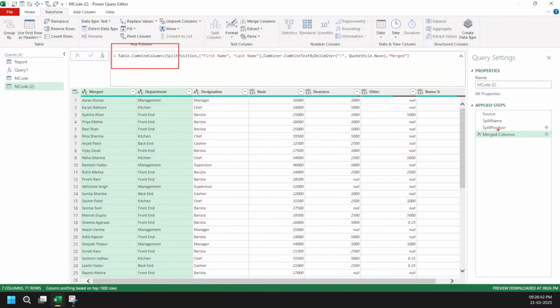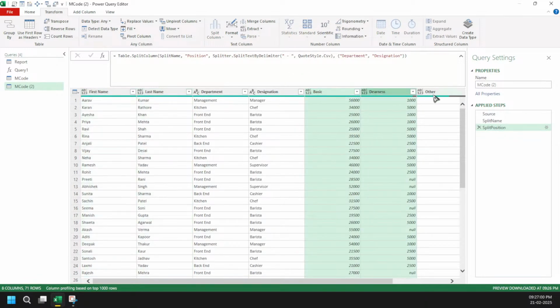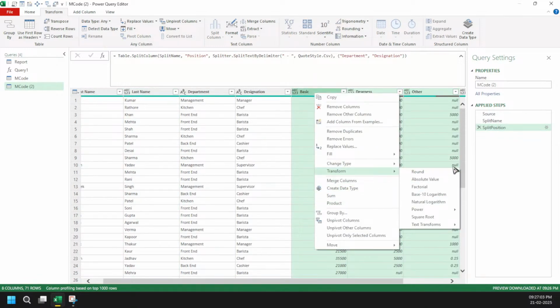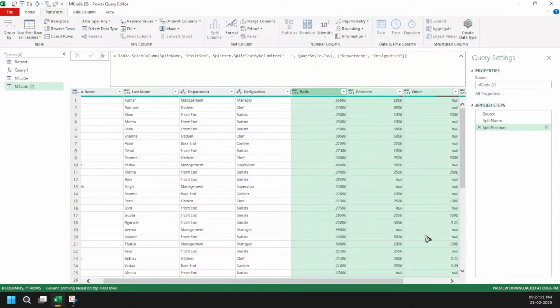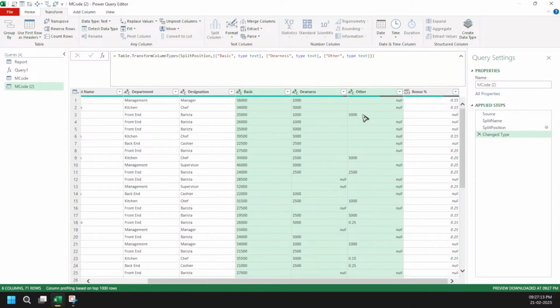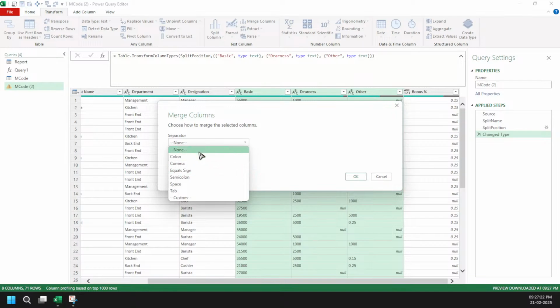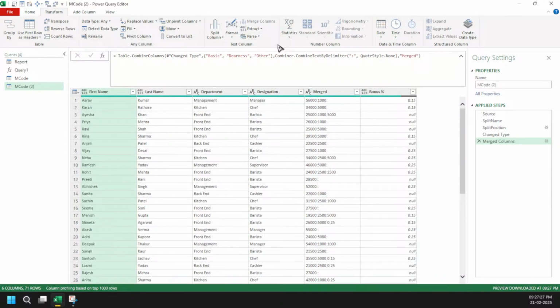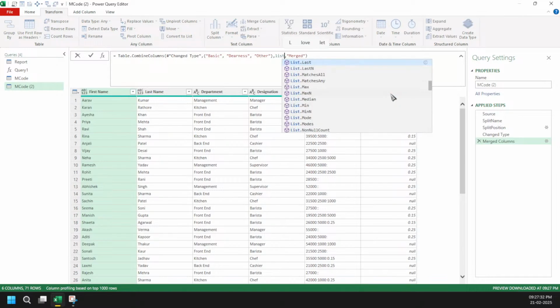So can I do something like this here? For the time being, if you are going to try, you can come here, transform, or you can say change type, yeah. And for the time being, I'm going to convert them to a text value. Then I'm going to come here, transform, merge column. Here nothing will come, right? So for the time being, I'm happy. I have combined my columns because this is again a function. So what can I do here is list sum.